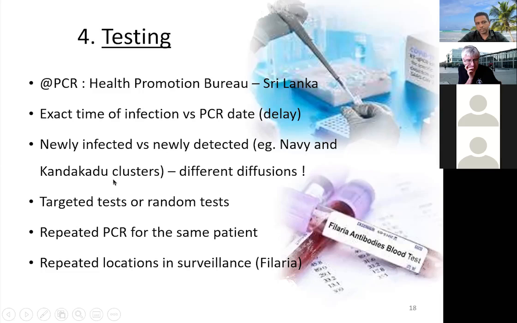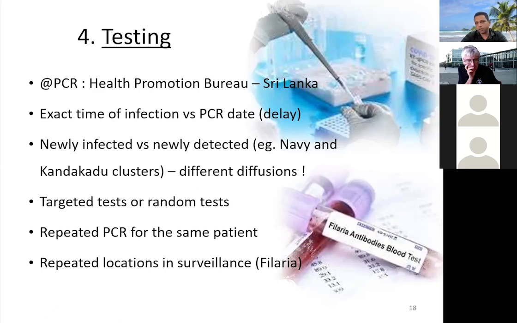And we have targeted tests and random tests. So if you can store data in different manners, let's say in targeted tests, how many positives, and in random tests, how many positives, that difference may be an important thing for modeling. And if we have repeated PCR tests, it is better to record that, because otherwise we are counting PCR tests without knowing that we are targeting the same person. So it may misinterpret our modeling results.